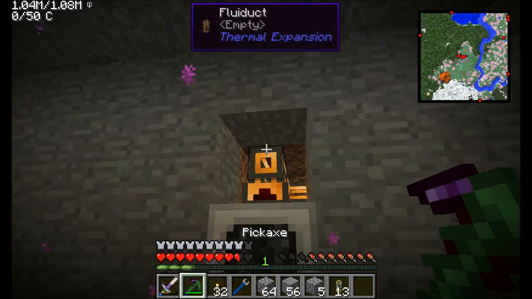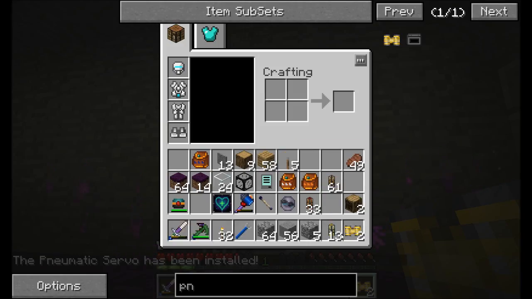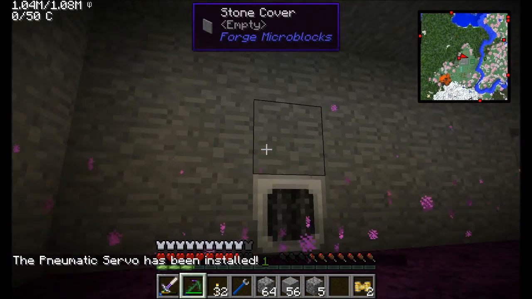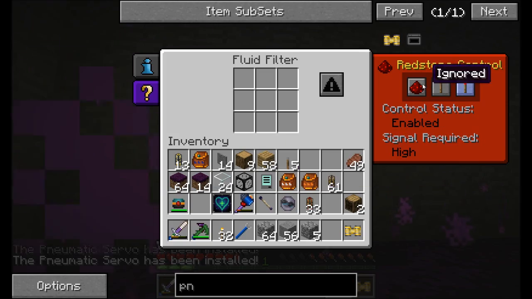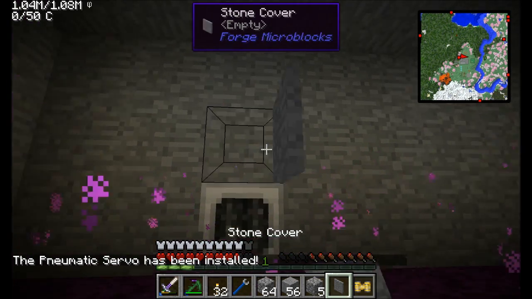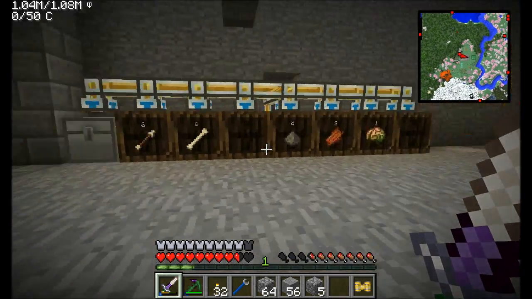And then, I know I said I was going to be back, but apparently I lied. We'll just set this guy up to ignore redstone, which means it should pull mob essence out. Beautiful. Man, we've got a pretty nice looking room, if I do say so myself. Cover you up. Cover you up. And, alright, I'm going to let this thing run